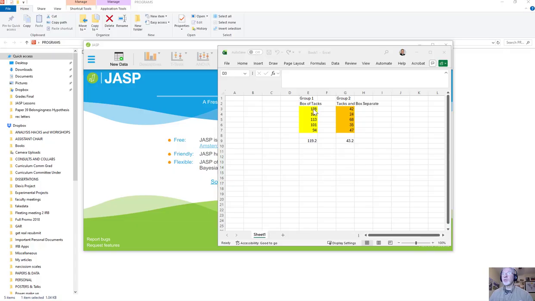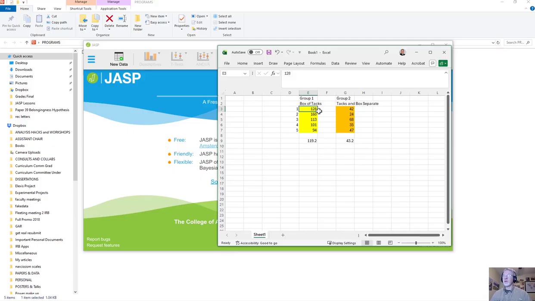And so then you have a person here. Let's call this person number 1, person number 2, person number 3, 4, and 5, who have been assigned to this condition. And person number 1 solves the problem in 128 seconds. In order to solve that problem, what person number 1 needed to do was to think, oh, okay, well, I have a box that I can use as a platform for the candle. Let me pour out the tacks, tack the box to the wall, and then put the candle on top of the box that has been